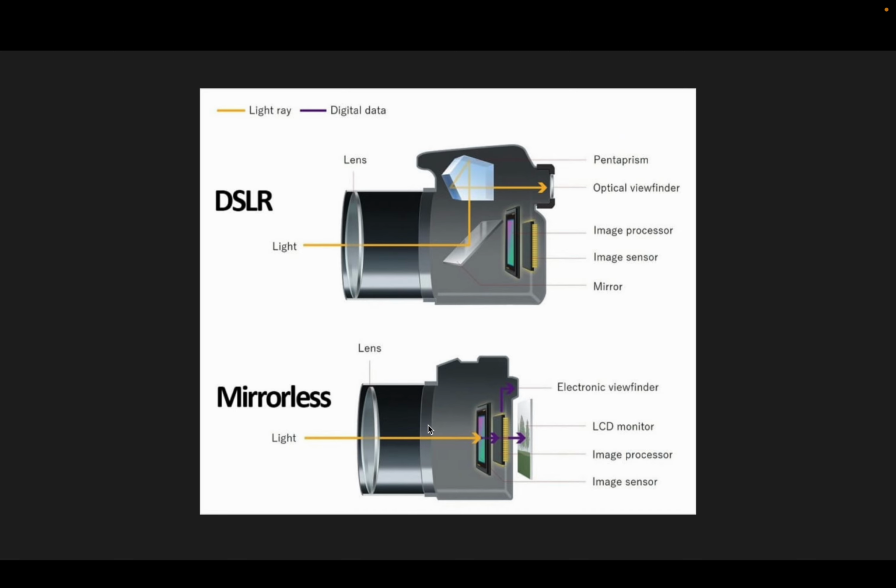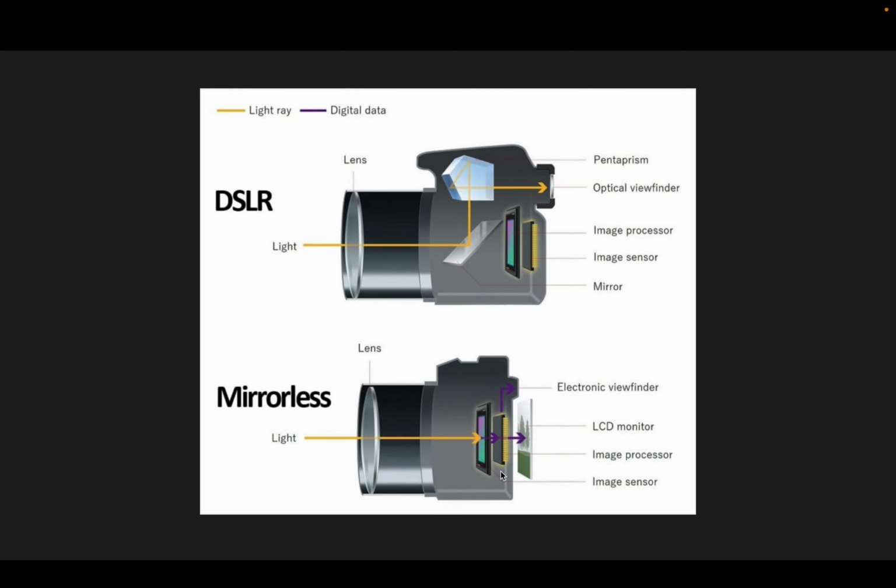But this one, of course, is not using the mirrorless. If you're in live mode, that means the mirror is up, so that way you can see what's going on in the LCD monitor. But with the mirrorless camera, there is no mirror, so there's no need to use a pentaprism or a mirror or anything like that. The light enters directly into the camera. It then is exposed onto the